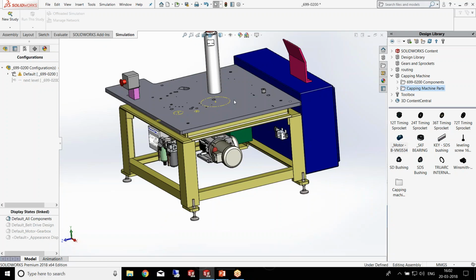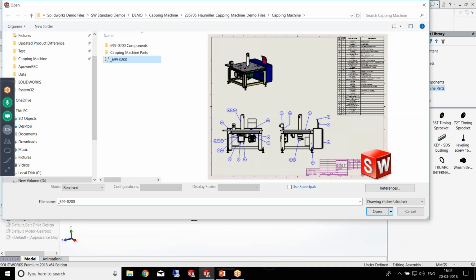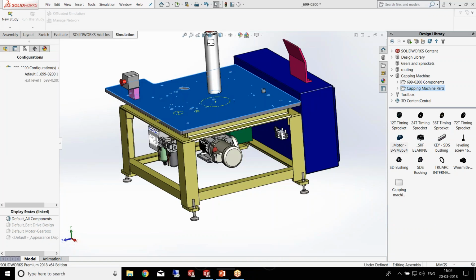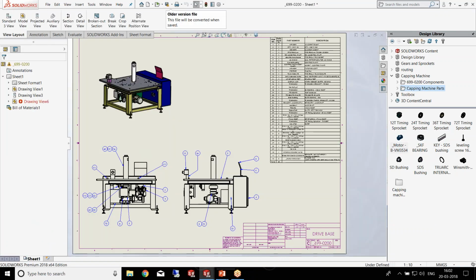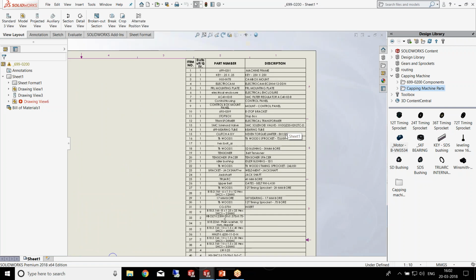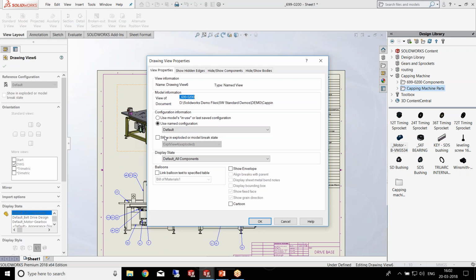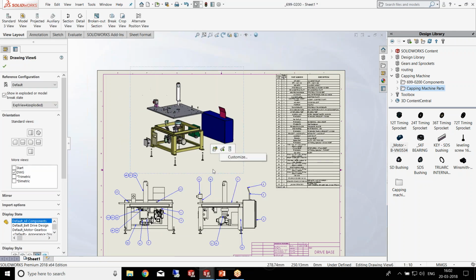Once I have done this modeling, I can get the manufacturing drawing with the updated bill of materials. Once I make a modification in my modeling, in my assembly, that will be automatically reflected in my bill of materials. So I can get the updated bill of materials for my entire assembly. If you want to see my entire assembly in exploded view, that also I can do. This will give a better understanding to the shop floor people